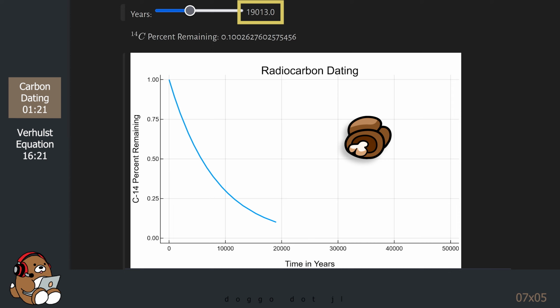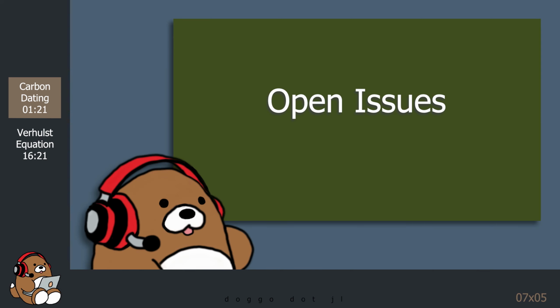So, based on this model, your fossil is roughly 19,000 years old. Pretty cool, right? You can always adjust the range for your slider in order to fine-tune your estimate. As you can imagine, the actual process for using radiocarbon dating to estimate the age of a fossil is much more involved than my cartoonish example. In addition, there's an ongoing debate as to the accuracy of this dating technique. There's also some debate as to the standard carbon-14 to carbon-12 ratio that should be used when testing samples.